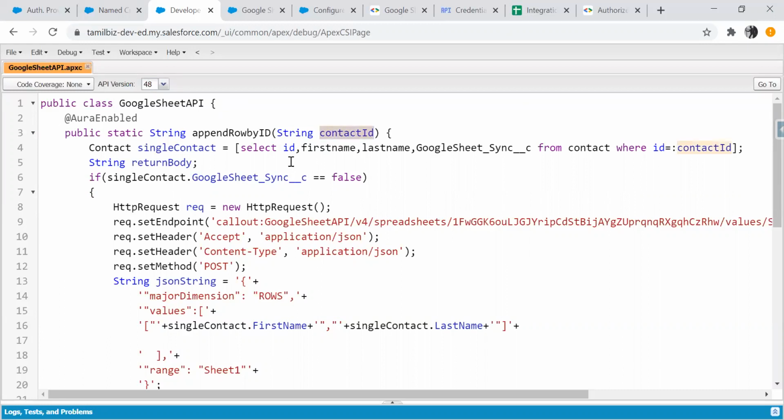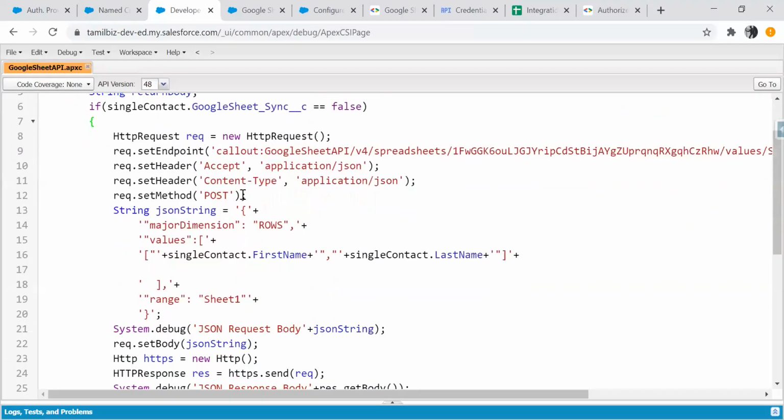So we will be receiving the contact ID, and I am taking the first name, last name and the Google Sync field. The Google Sync field is nothing but if the contact is synced with Google, then I will set that to true. So we need to sync to Google wherever the contact record's Google Sync is false.